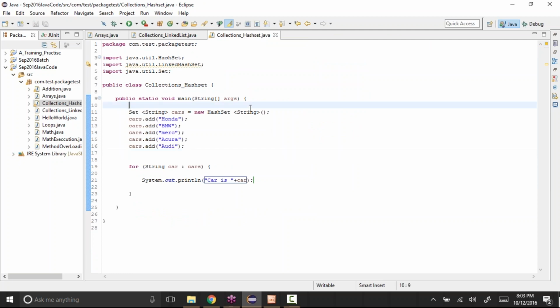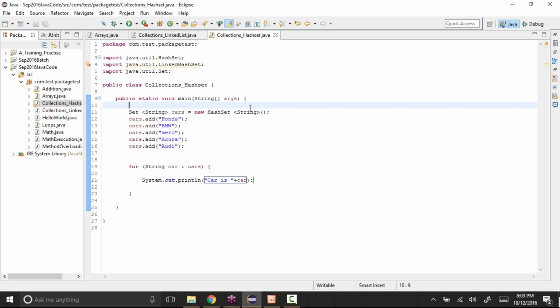Again, if you are using a small number of values like 10, 20 or 100, 200, you don't see much difference. But when you are adding thousands of values or millions of values to that list, at that time you will see a lot of difference. Not with this example, but this is what the difference is. So as we know the difference, we should be using a better one rather than just using a linked list or the array list.